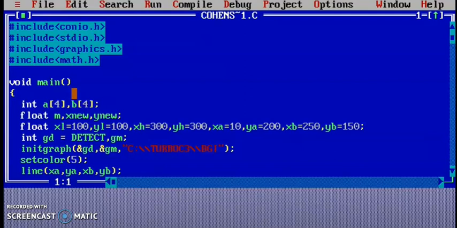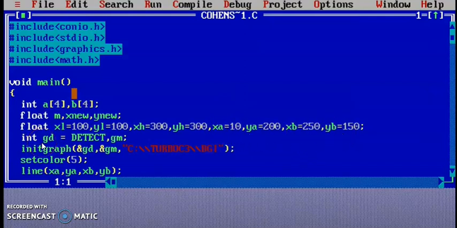Along with the clipping window, we have taken the line coordinates xa, ya, xb and yb. These are the coordinates of point A, xa, ya, and these are the coordinates of point B.